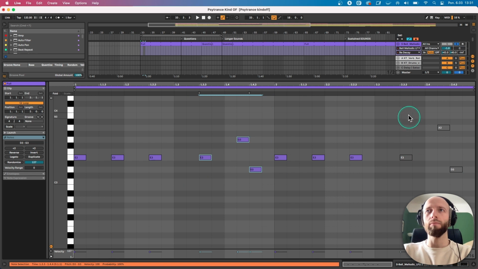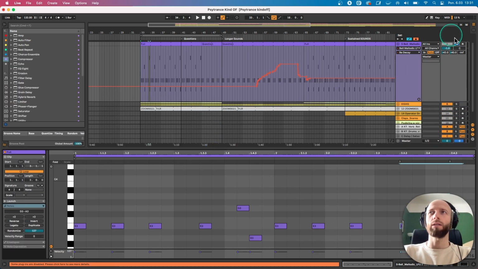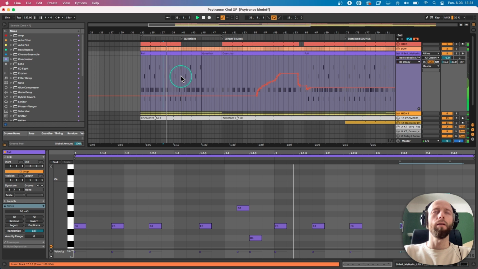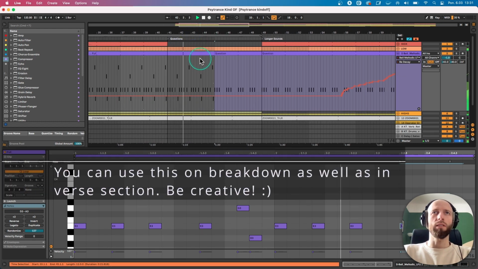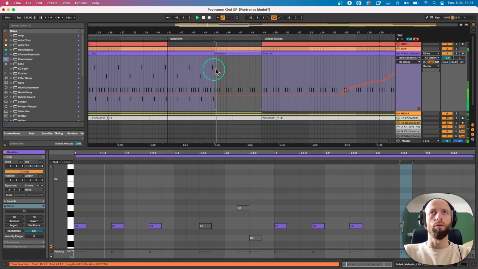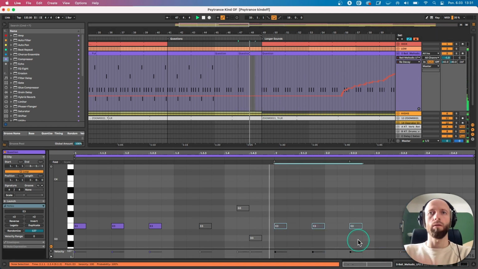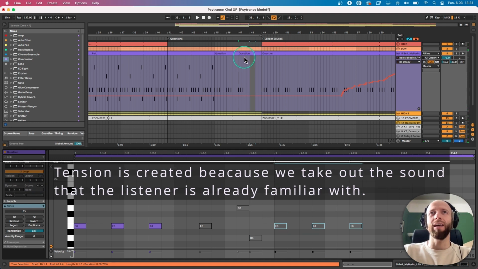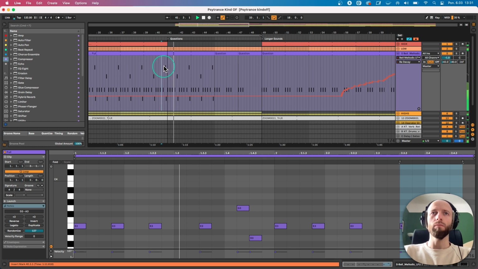So the way I would use that in context would be to have a kind of break, super simple. I'm just taking out the kick, and then we still get the whole sequence. And I emphasize the tension here by not having the second part. So once again, we enter the break, we've got the whole sequence once again,